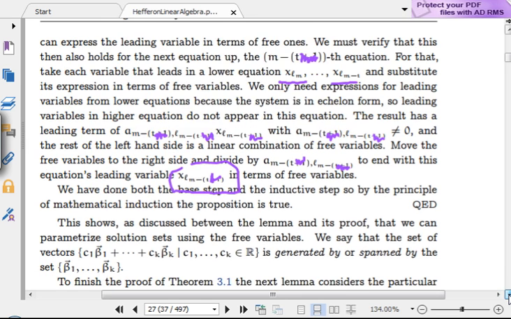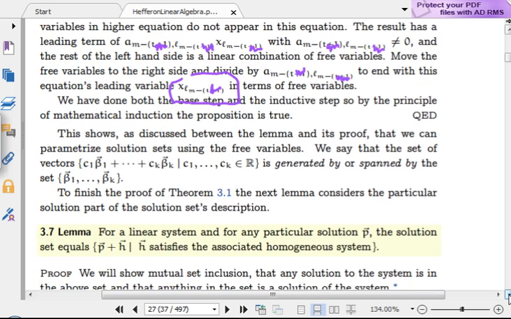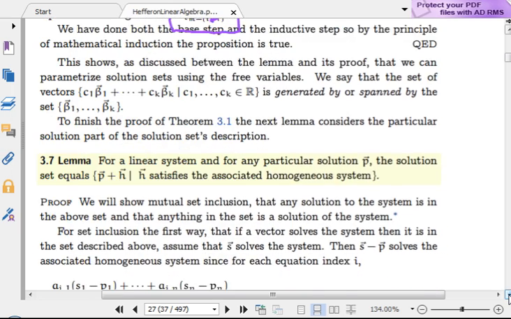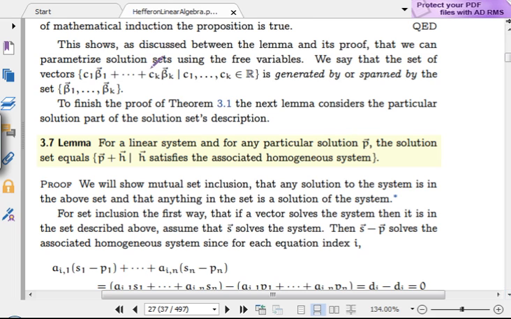You shouldn't expect in mathematics to get things the first time. It usually takes several times to get it. Okay? Now this shows, as discussed between the lemma and its proof, that we can parameterize the solution sets using the free variables. We say the set of vectors is generated by or spanned by the set of vectors